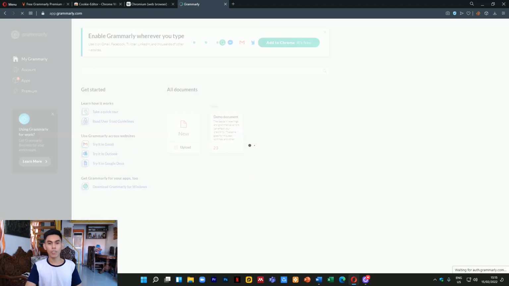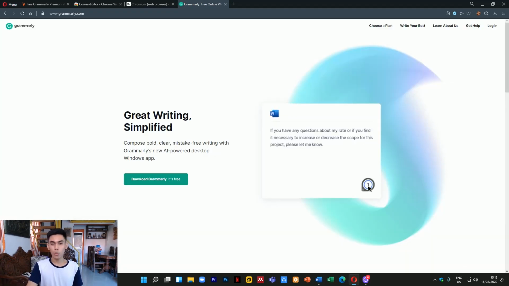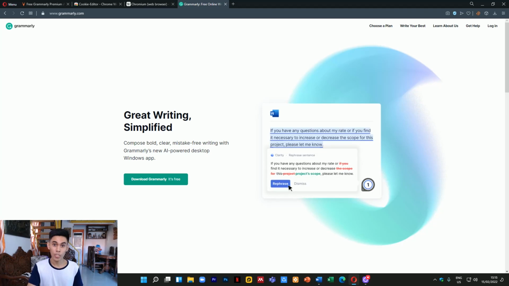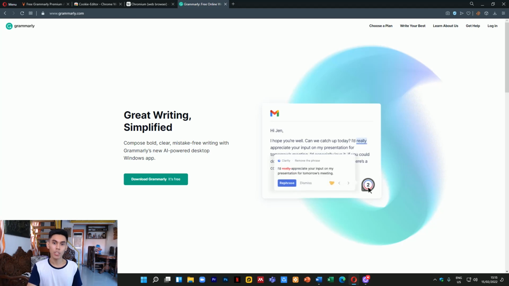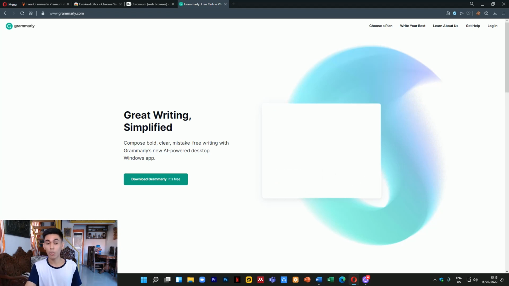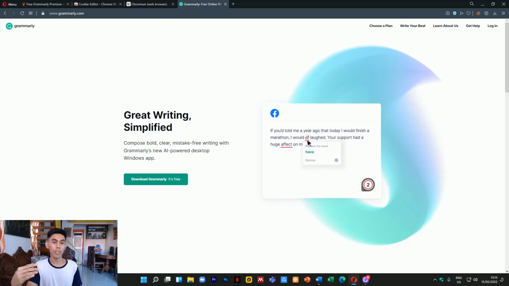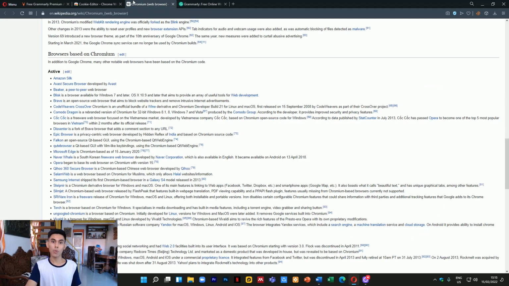Once you've successfully signed out, the second step is to make sure that your browser is Chromium-based, meaning that the core technology of your browser is the same core technology that Google Chrome uses, so you are able to install extensions from Google Chrome. For example, this browser, Opera, is Chromium-based, and with this I will be able to install extensions from the Google Chrome Web Store. So for the list of Chromium-based browsers, you can refer to